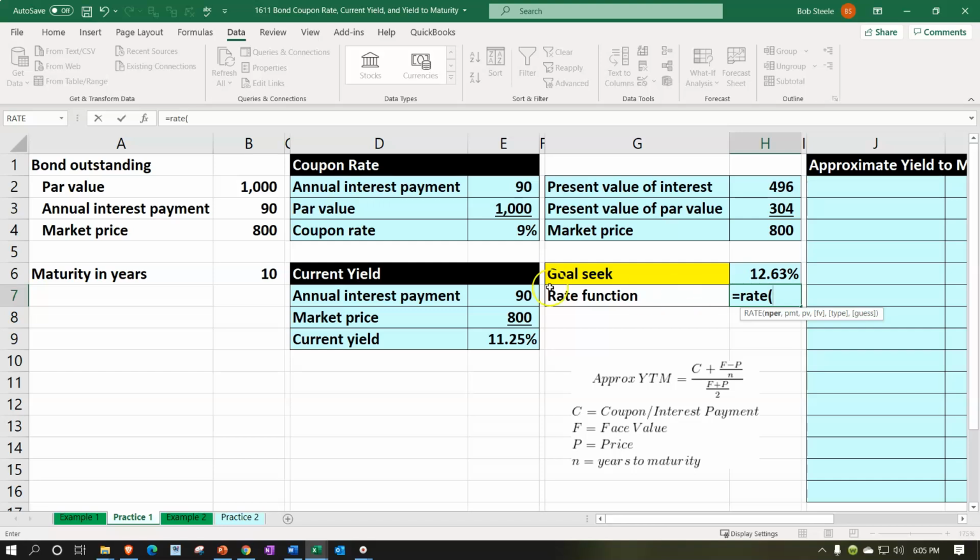Then we've got the number of periods, which is 10, comma. The payment then is going to be the 90, comma. And I think the payment needs to be negative to get this right. This is a little bit tricky. That's why these get a little bit tricky. You've got to put some negatives in here to make it right. And then we say, comma, the present value is going to be the market price of the 800,